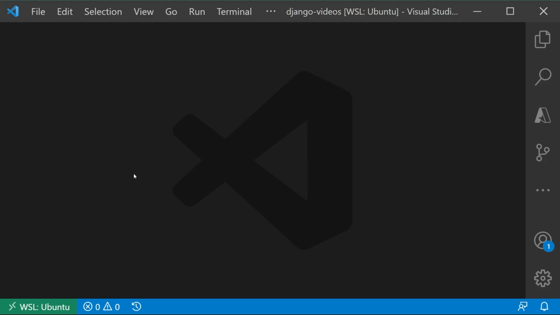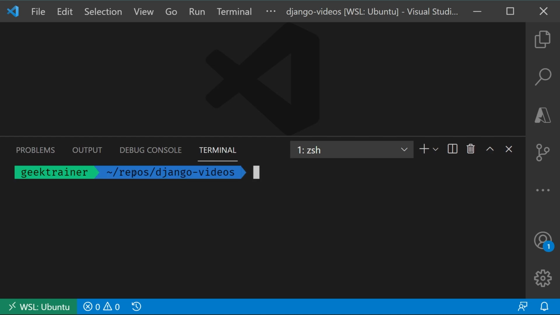So with that, let's turn our attention to the first step really with any framework or any library, and that is installing it. I've got Visual Studio Code open here. I've got an empty folder that I've creatively titled Django Videos, and I want to do the installation. Now, I'm going to put this inside of our virtual environment, which you should always do. And I'll do this by saying Python 3.8, so I'll use version 3.8 here. I'm using WSL in Linux. If you're using Windows, the syntax will change just slightly, but the concepts are still the same.